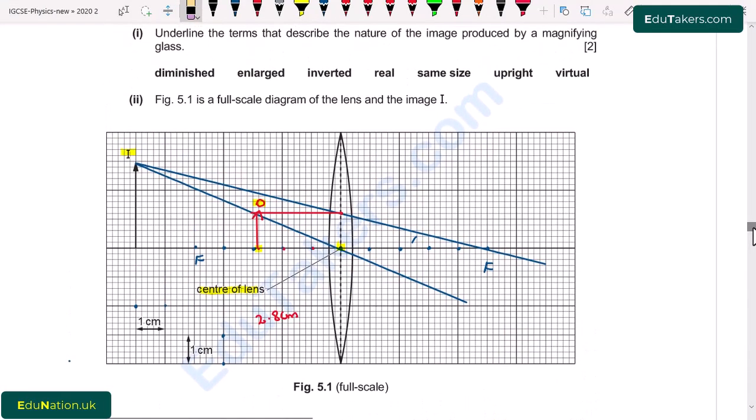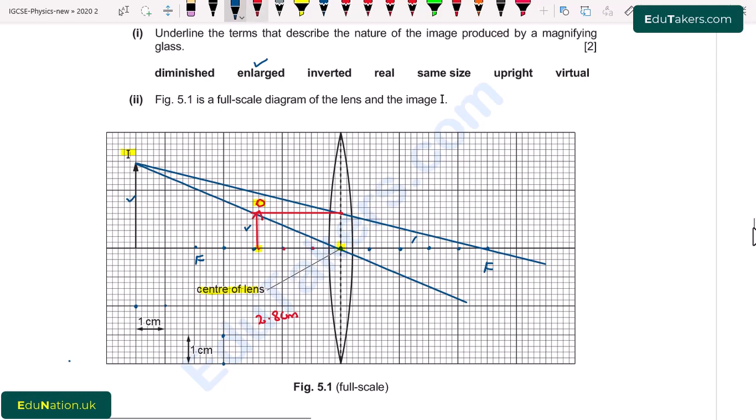From this diagram, you can see that this is the object and it is the image. We know that in lenses, the object is on the left side while the image is formed on the right side. But in this case, the image is also formed on the left side and it is of larger size. You can compare O and I. It means that the image is larger, it is enlarged and it is not inverted.